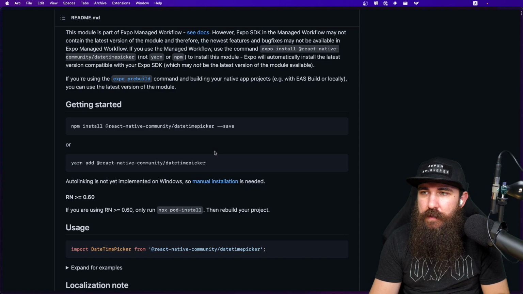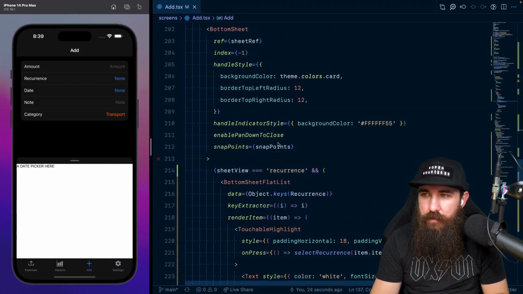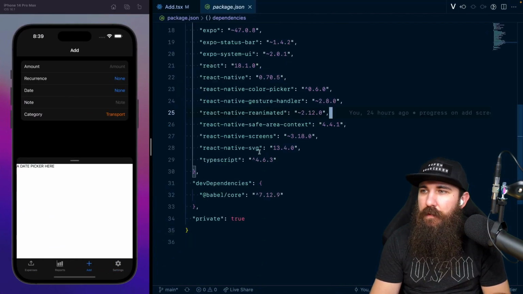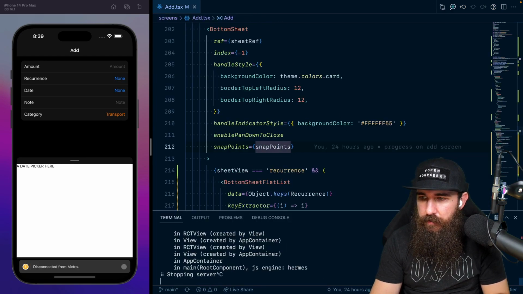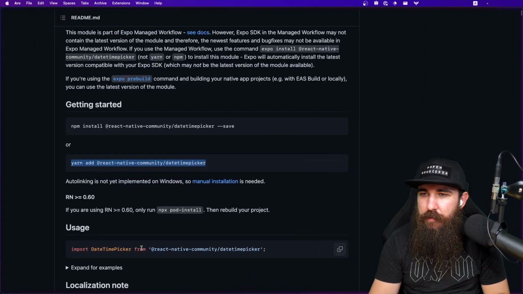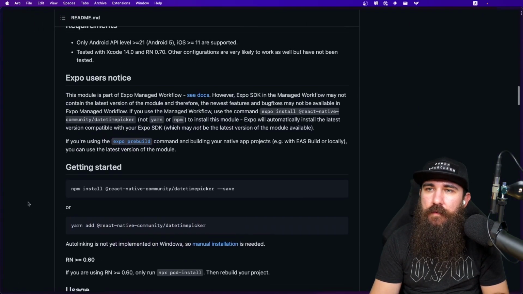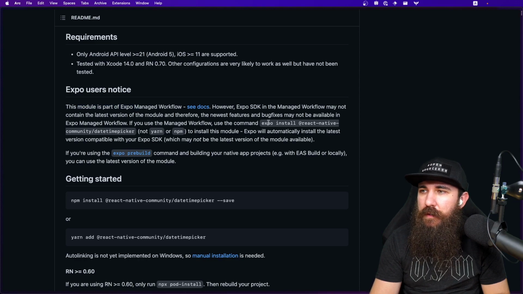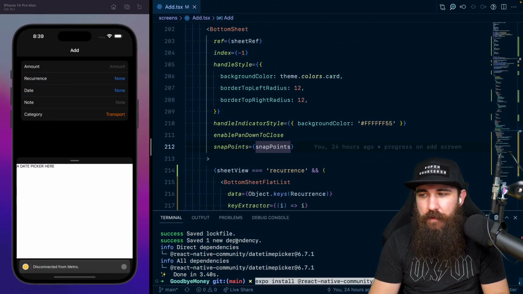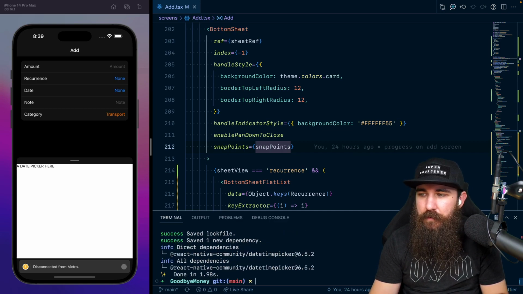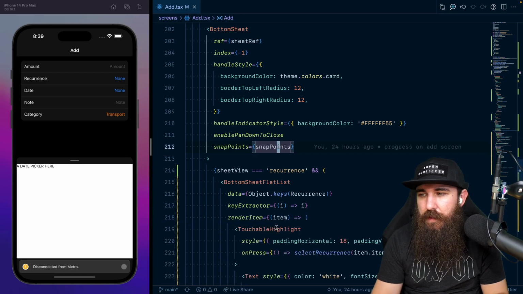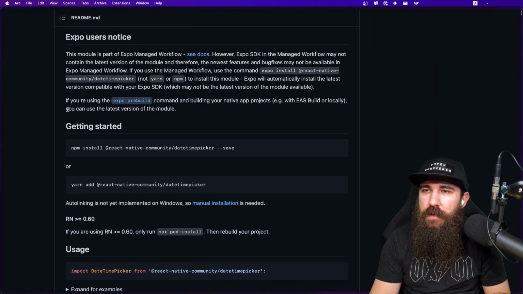Alright, so we have the datetime picker. I'm not sure we added it last time, but let's see. Yeah, we need to add the datetime picker, and let's see if Expo install, not yarn, to install this module. I'm not sure. I mean, I'm doing both. And there we go. I had issues with that previously, so I know I'm doing stuff. If you're using the pre-build,